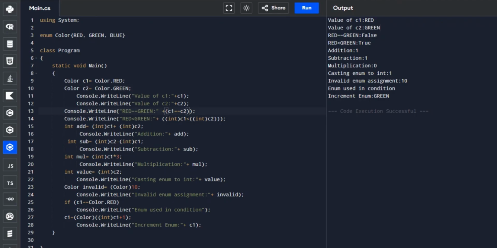Green has the value of 1, so therefore, sorry, this part we did not cast because we can compare two strings, of course. We don't need to convert the values of C1 and C2 because the value of C1 here is still red, and C2 is green.